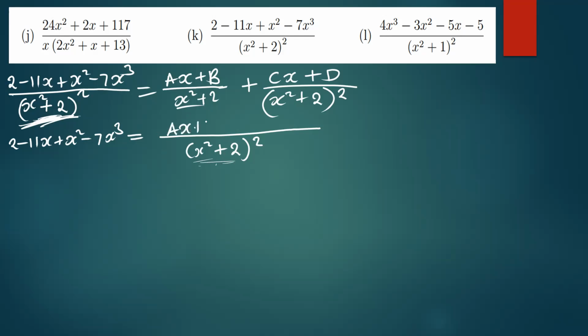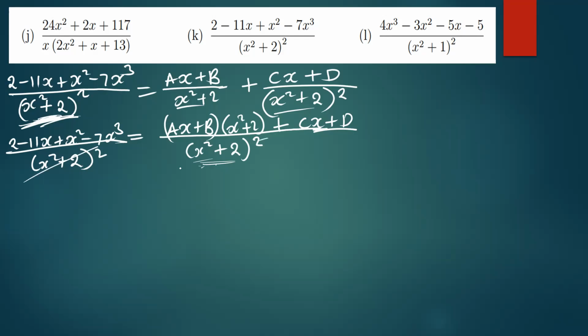You are going to have ax plus b multiplying with x squared plus 2. Then you say plus this into that, it's 1 times cx plus d. We're just going to have cx plus d as the solution there. So from there, on this side, I forgot to put the common denominator, which is x squared plus 2. So from there, what we do, like I said, this and that will mathematically cancel, and you are just going to remain with 2 minus 11x plus x squared minus 7x cubed. Then everything being equal to